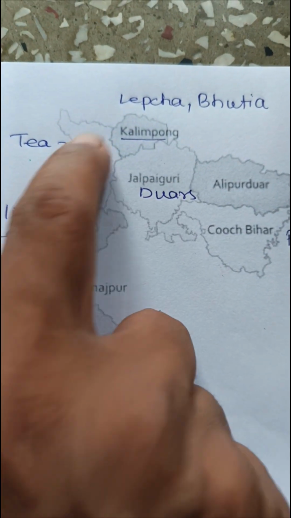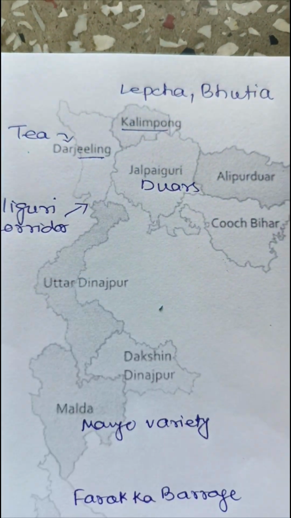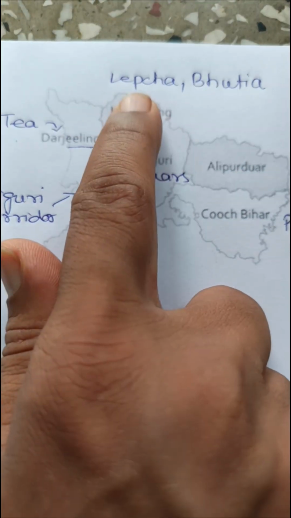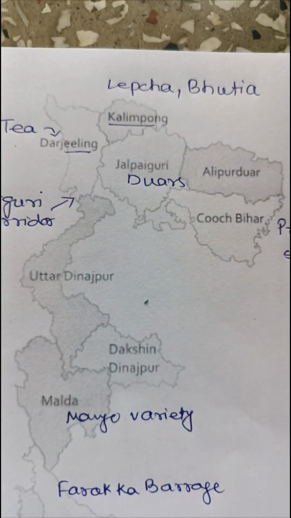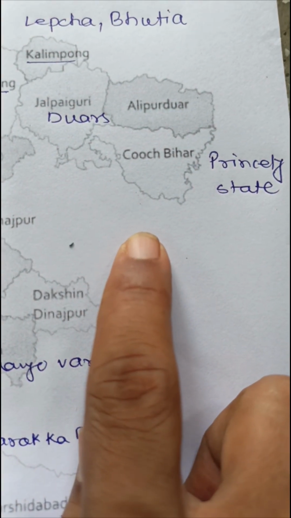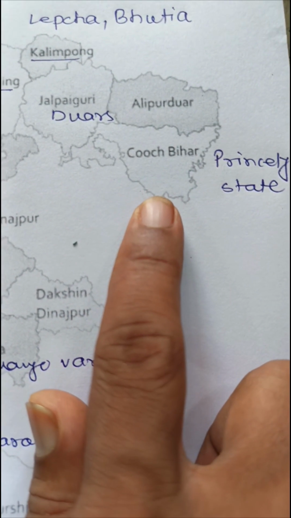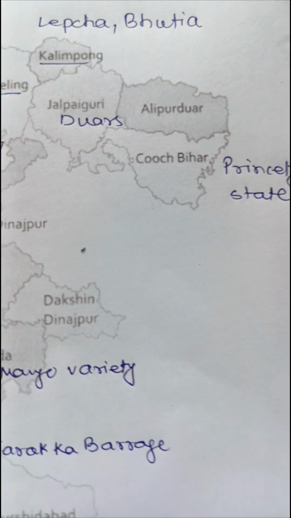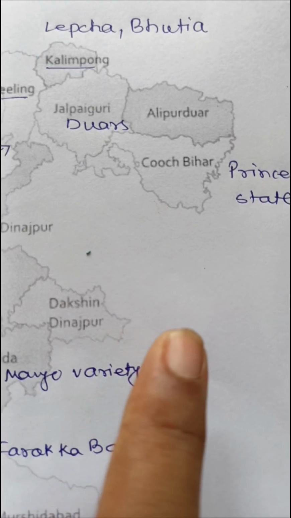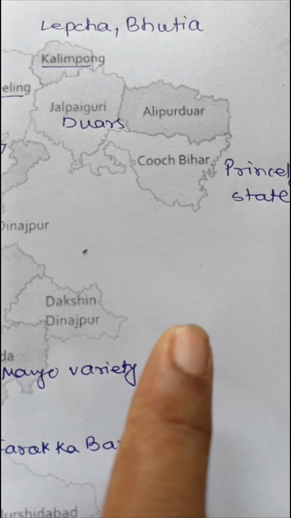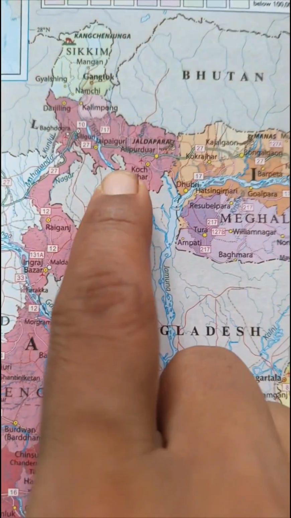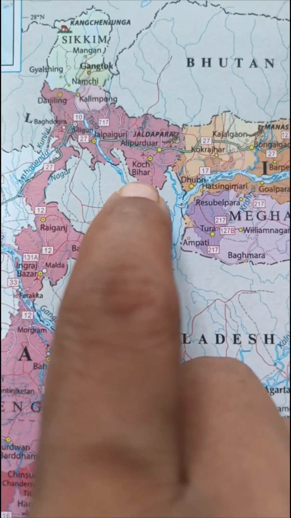These districts are also a place where you will find a few hill tribes known as Lepcha and Bhutia. Kuch Bihar and Alipurduar are located between the two rivers known as Tista and Brahmaputra. Brahmaputra is in Assam, we all know. So let us try to understand from another map. So yes, as you can see, Kuch Bihar is written here.